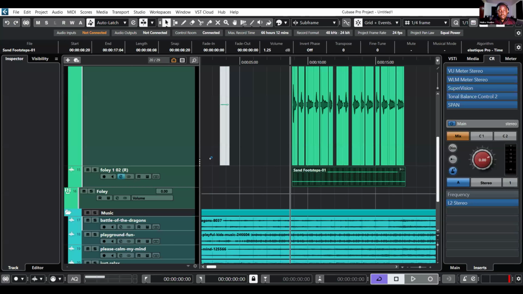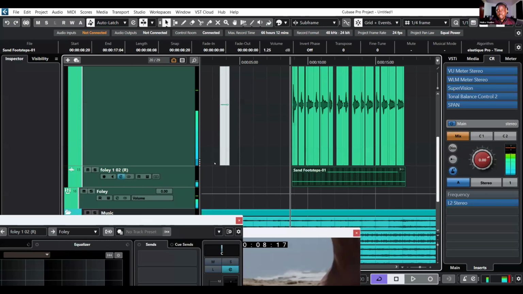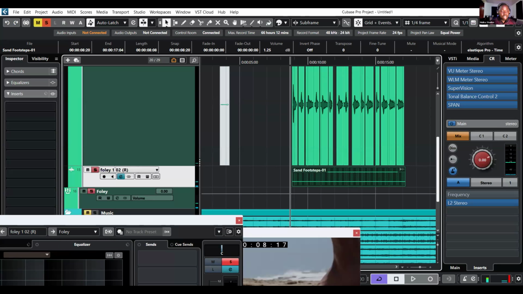So I'm going to use something called iZotope. So I've processed it so that we make it more static so that it doesn't loop. Now you see it's more consistent. Previously it was going, so